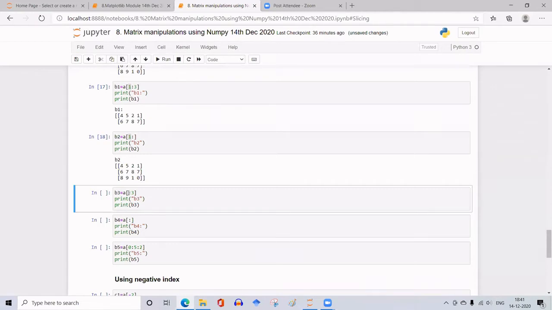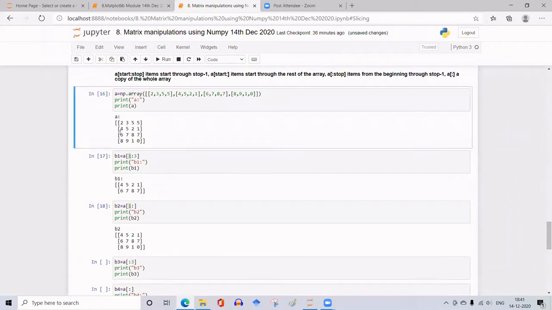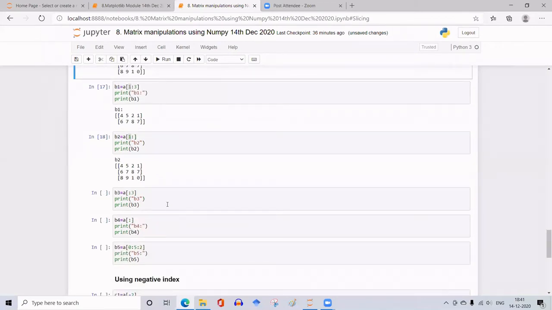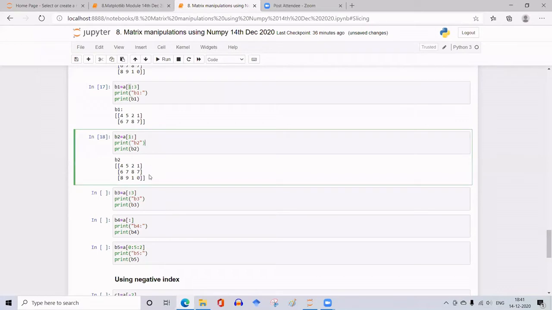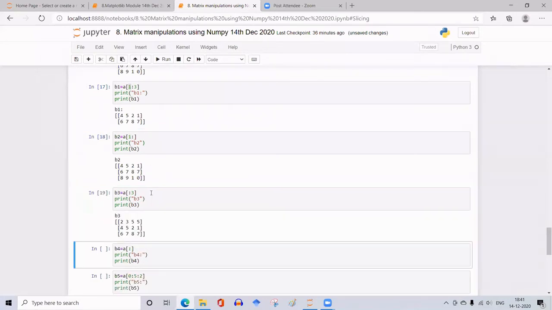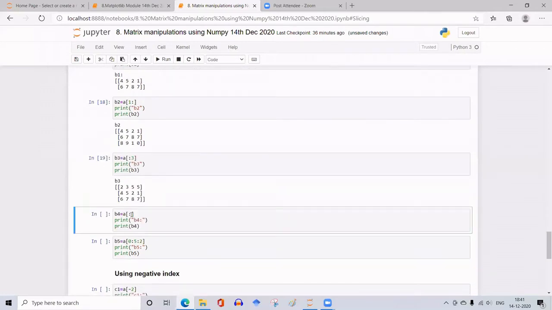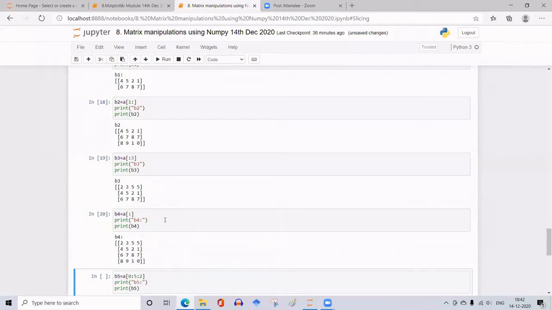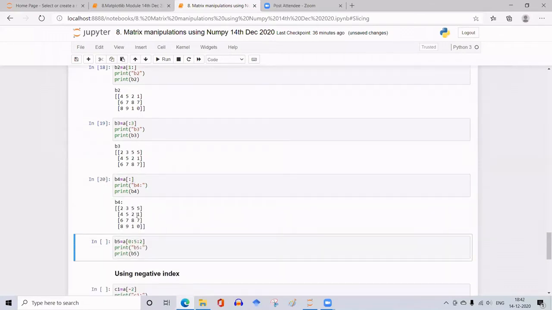So next, starting from the beginning. This syntax, colon at the beginning itself, indicates that it will start slicing from row number 0 and go up to 3 minus 1, that is stop minus 1. So 0 is 2, 3, 5, 5, and it goes up to 6, 7, 8, 7. So this is how we get this slice. And suppose you want to get the whole of the matrix, just put a colon within the square brackets and take it. That is nothing but a copy of it.